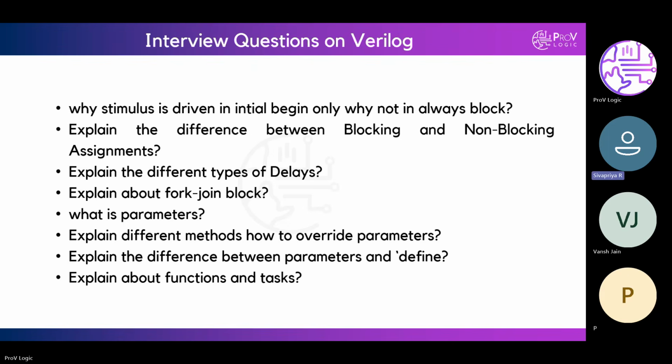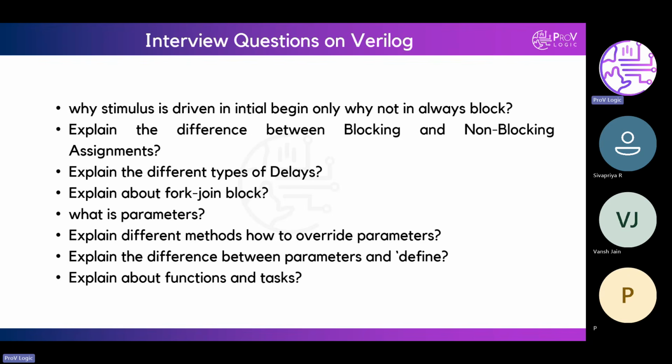In one way, we can override in module instantiation. Another is by using the keyword defparam. Yeah, exactly, that's two ways we can override. Can you explain the differences between what is meant by parameter and what is meant by tick define?